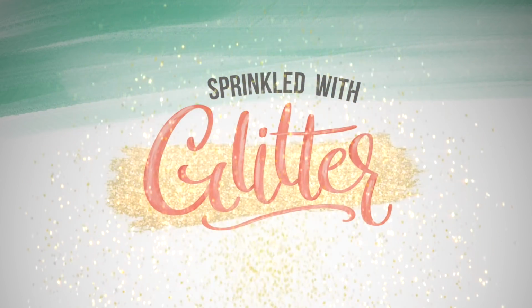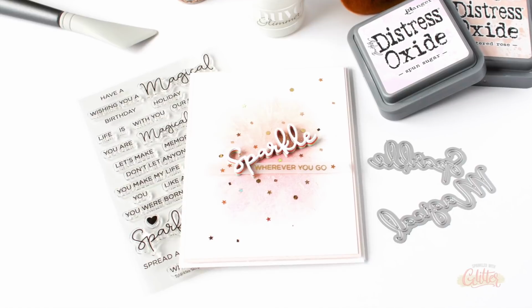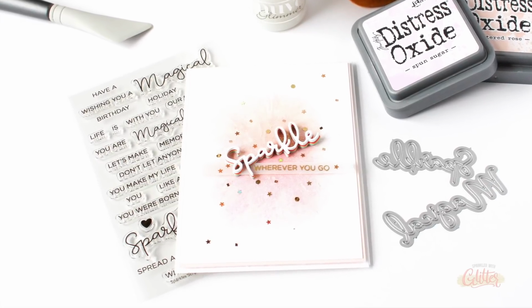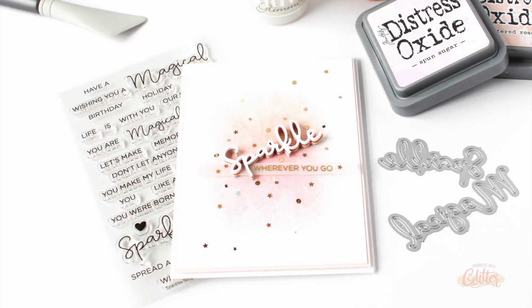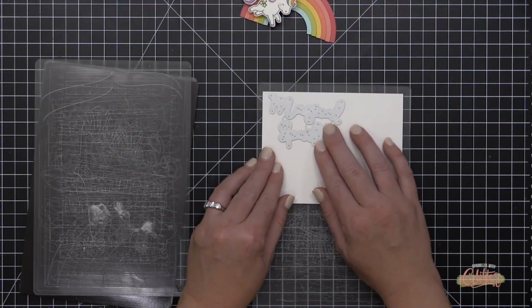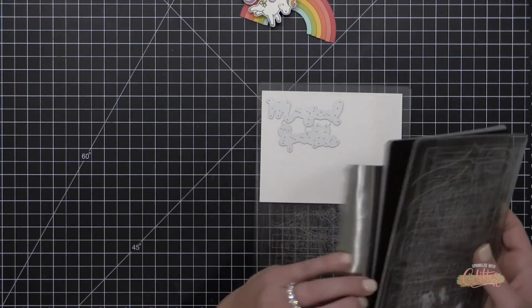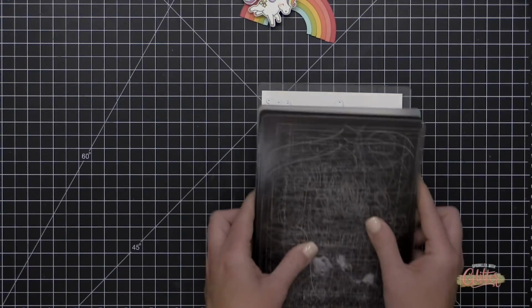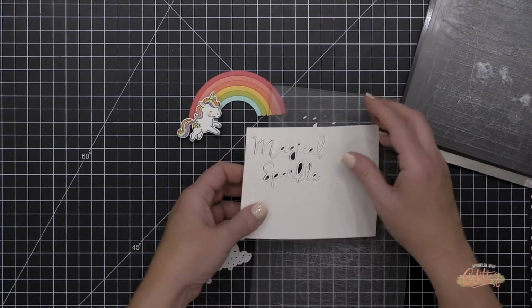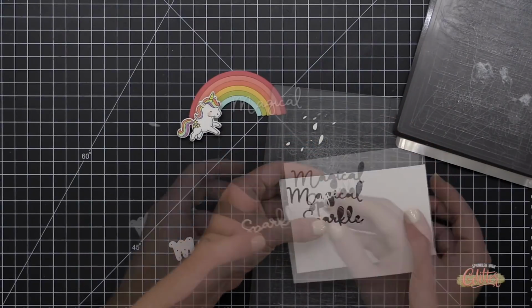Today I am creating a rainbow shadow stacked sentiment die cut. How is that for enough words in a title for you? But basically, I'm taking the idea of stacked up sentiments to add dimension, and I'm adding some rainbow colors behind that. And what this is going to do is, from the front, my die cut sentiment is going to look just dimensional and white. But when you turn it to the side, you're going to get that rainbow of color